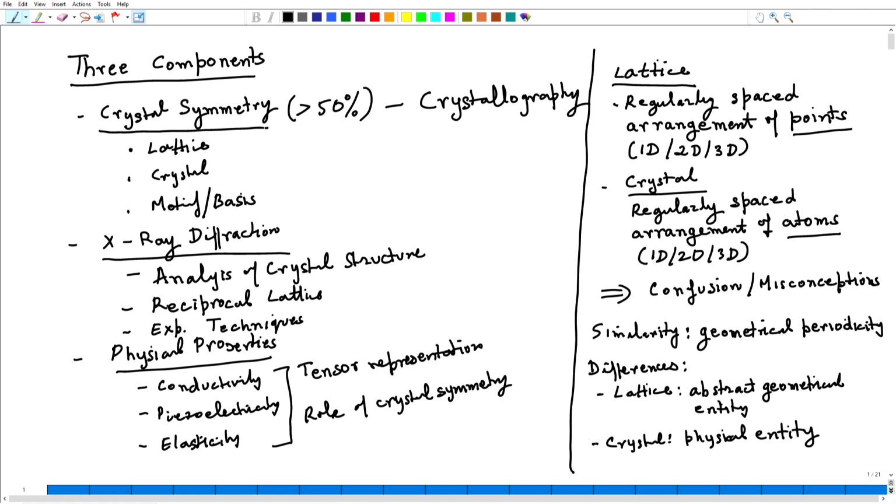So, lattice, which is an abstract geometrical entity, if I look at a lattice, it will have, so there are